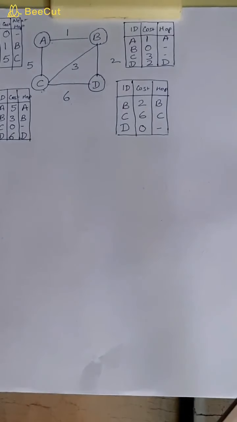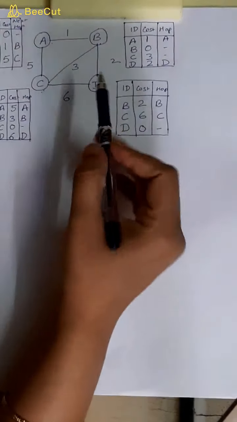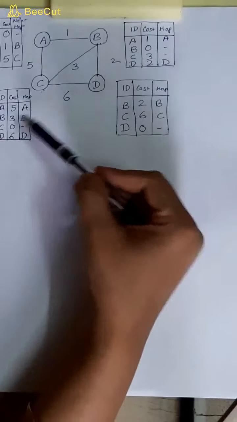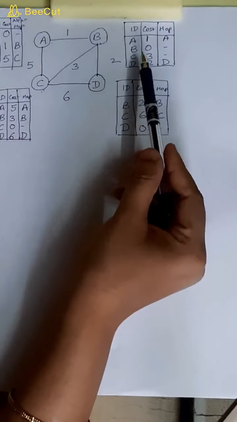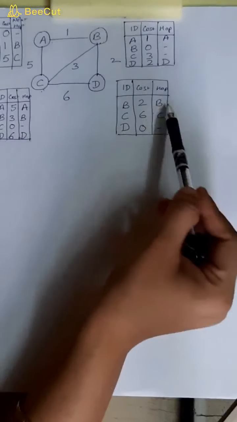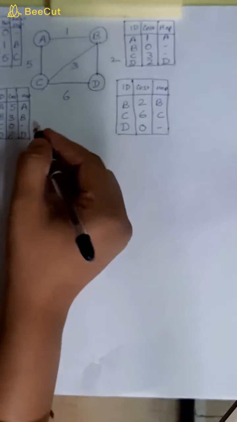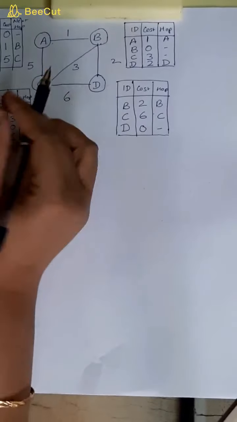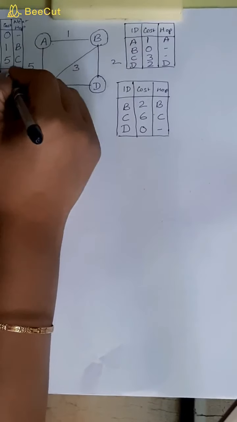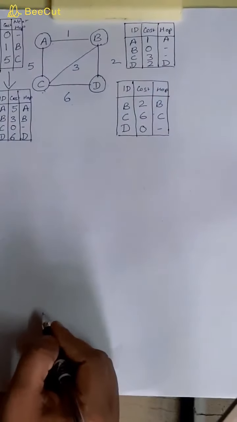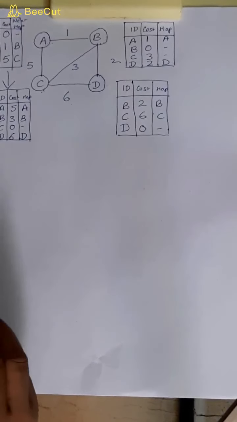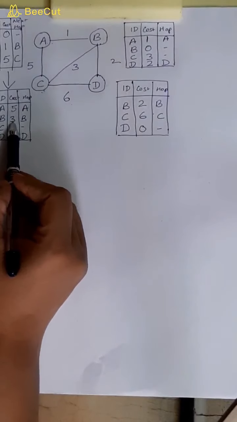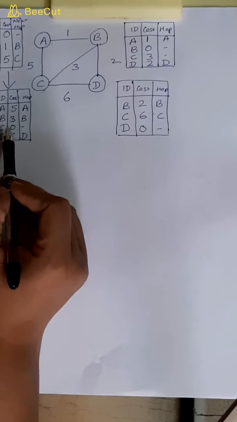So the first step will be that each router will maintain its initial routing table. In the second step, all the routers will exchange their tables with each other. Like suppose in this case, if we'll take C, then for C, A will send its own table to C. Now what you have to do, you have to check for each router whether the cost is minimum or not. So you have to update it accordingly.